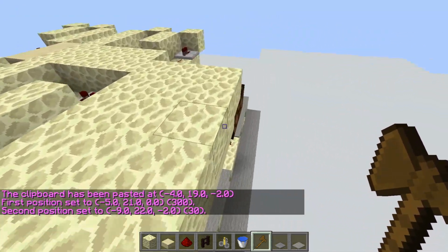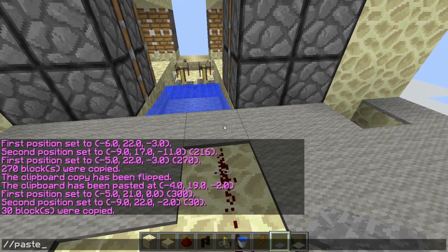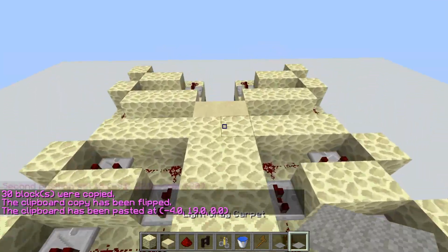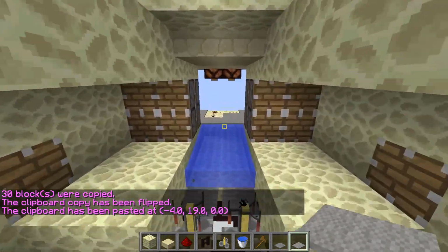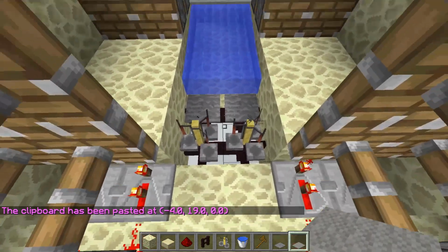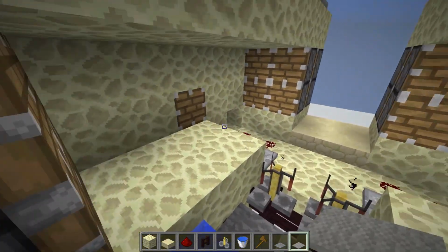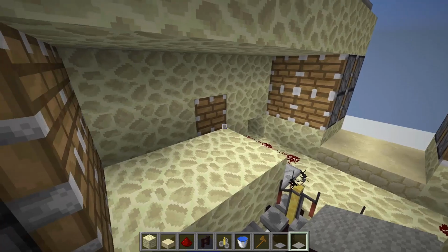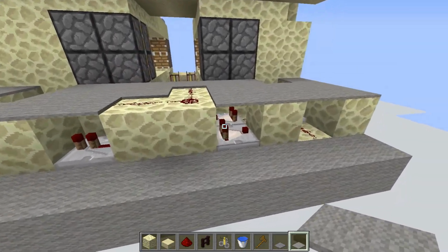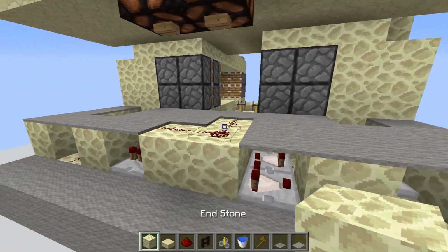Then we can also select the roof, which is not very important, but we can do it anyways. And that's practically the cannon done. As you can see, it should now all extend at the same time, but the left side is going to go out before the right side because of the signal extender that we have here. It first runs out right here,